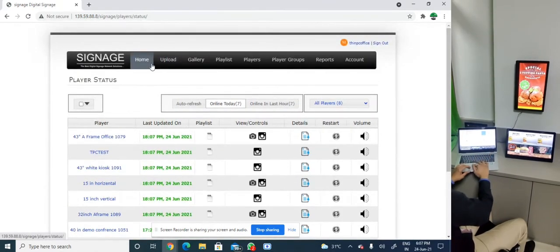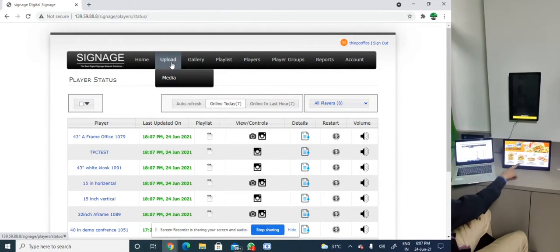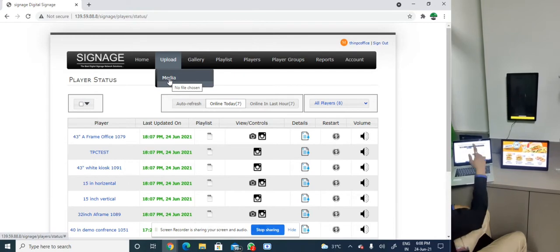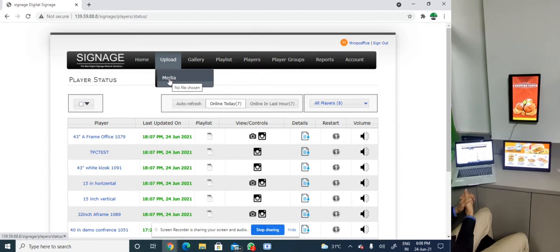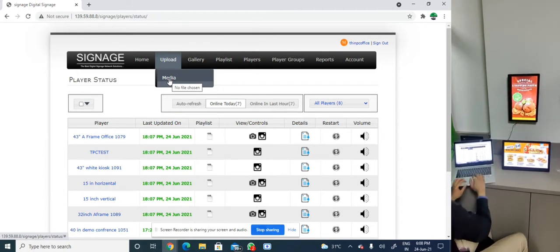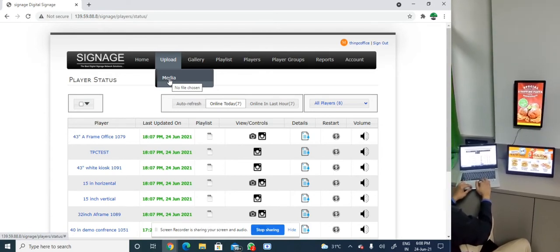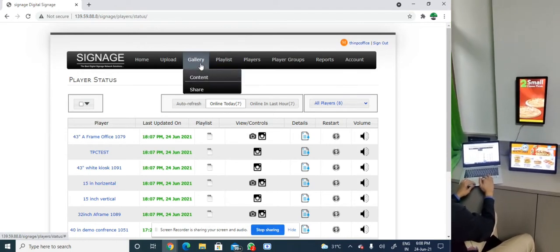So you can also upload as many contents as you want by using this upload command, and then see here the new content came. Here you can see the new food menu which we provided has come. So same way in vertical also the new content is going to be added and it will play. And here you can see the ticker. You can make your own custom ticker also.